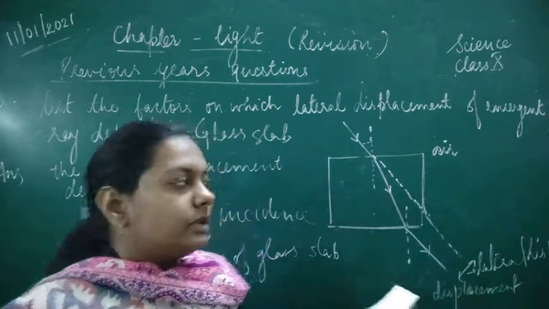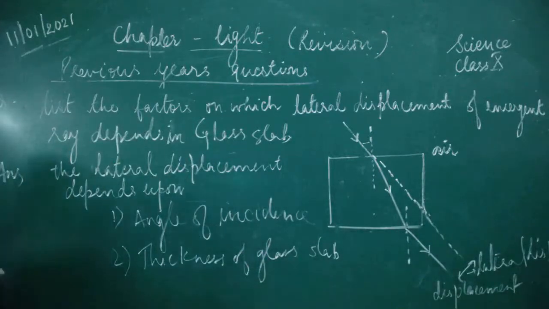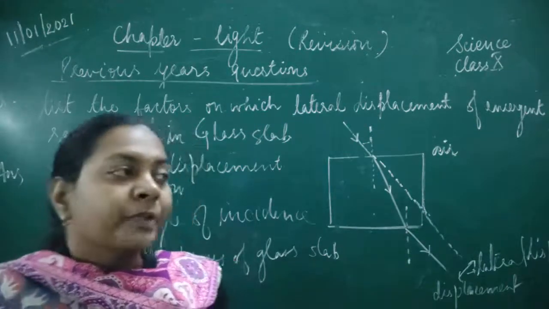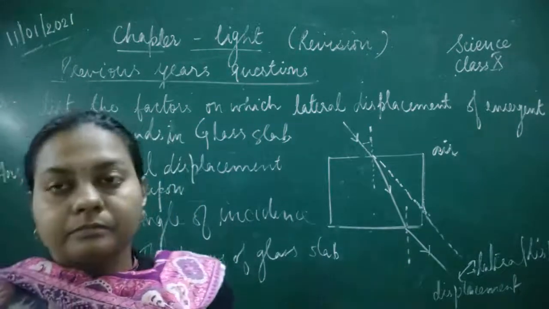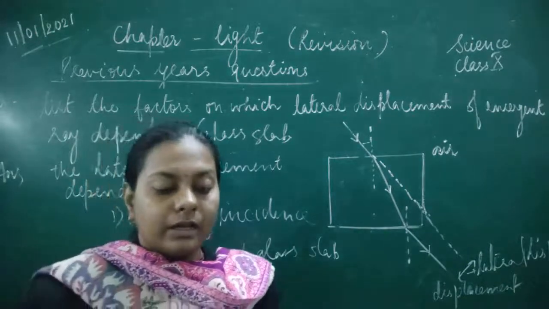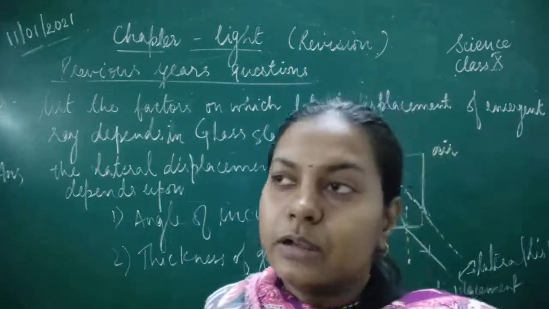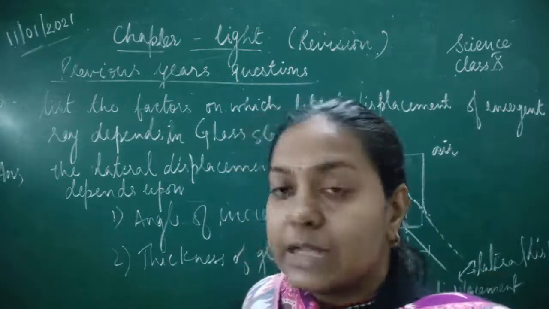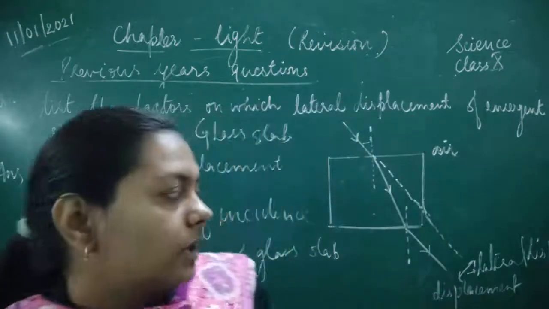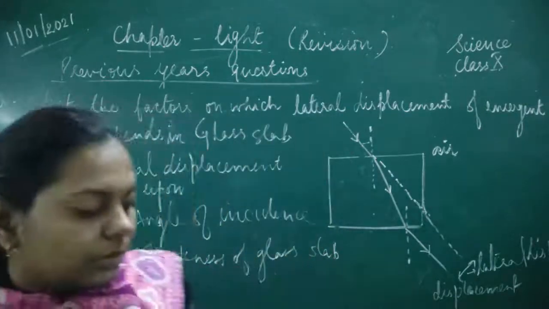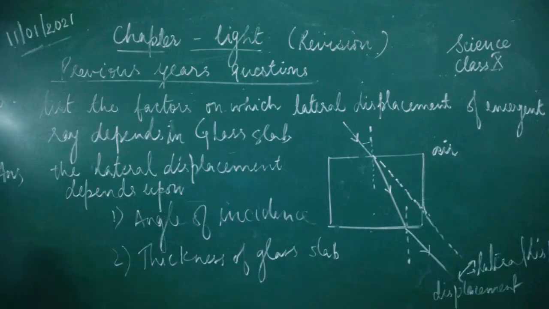तो इसका भी space बढ़ जाएगा. Okay, so these are the two factors upon which this lateral displacement depends. So please remember that this glass slab is made up of glass, इसलिए इसको हम glass slab ही बोल रहे हैं. तो जिस भी मटेरियल से वो बना है, ग्लास से बना है तो ग्लास का रिफ्रैक्शन लाइट के रिफ्रैक्शन से ज़्यादा होगा. इसमें रिफ्रैक्शन करने का पावर ज़्यादा है, मतलब कि आपका जो लेटरल डिस्प्लेसमेंट होगा वो कम होता चला जाएगा अगर थिक ग्लास स्लैब है तो, और थिन होगा तो कम होगा. ओके, सो ज़्यादा मॉलिक्यूल्स क्रॉस करने पड़ेंगे तो लेटरल डिस्प्लेसमेंट पे भी इफेक्ट पड़ेगा.